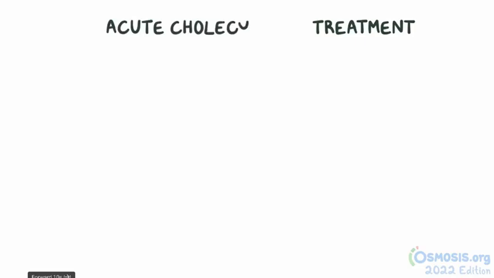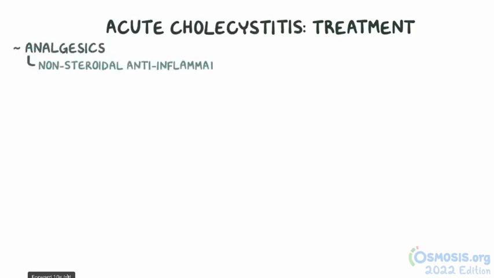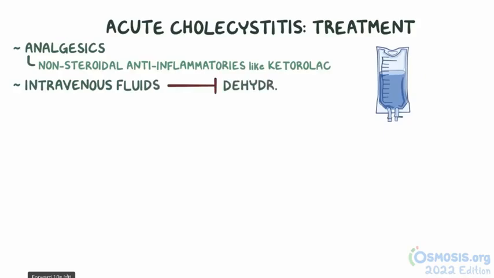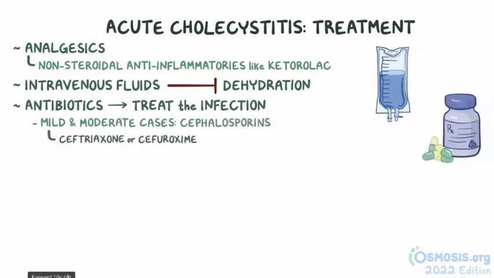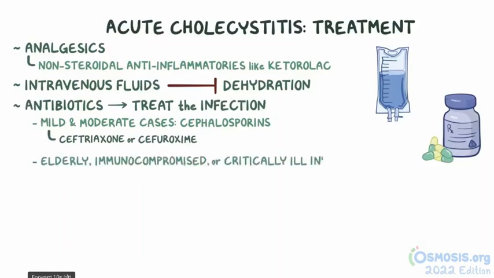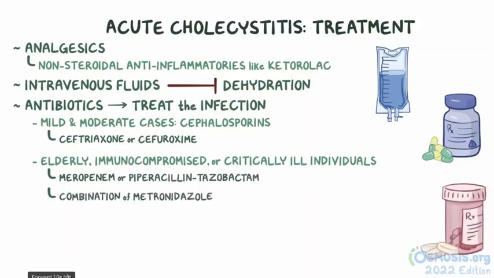Treatment of acute cholecystitis starts with analgesics, such as non-steroidal anti-inflammatories like ketorolac, to help with the severe pain. In addition, intravenous fluids to prevent dehydration and antibiotics are used to treat the infection. For mild and moderate cases, cephalosporins such as ceftriaxone or cefuroxime can be used. For elderly, immunocompromised, or critically ill individuals, meropenem or piperacillin tazobactam can be used, or a combination of metronidazole plus